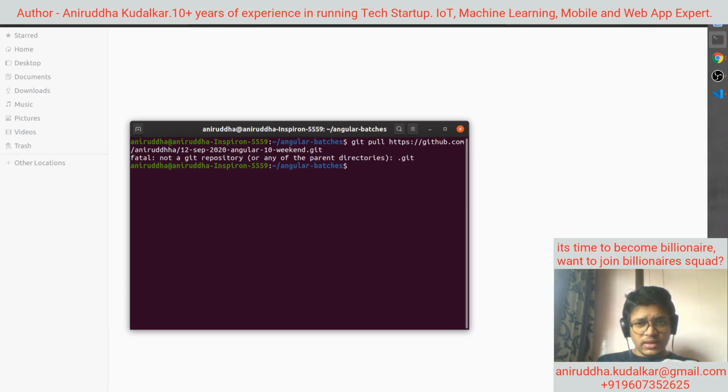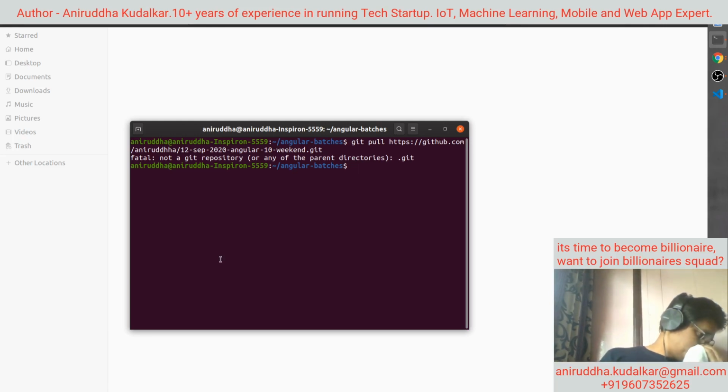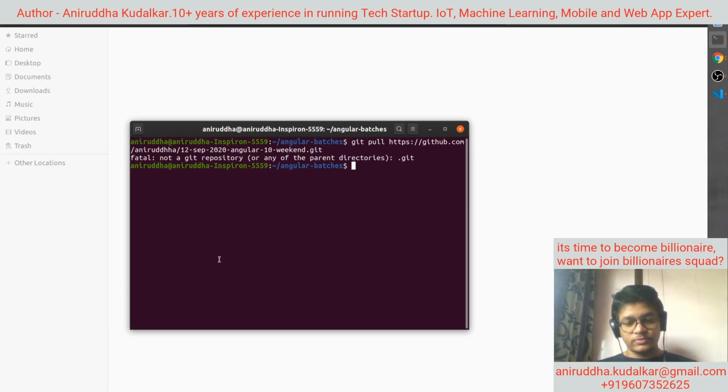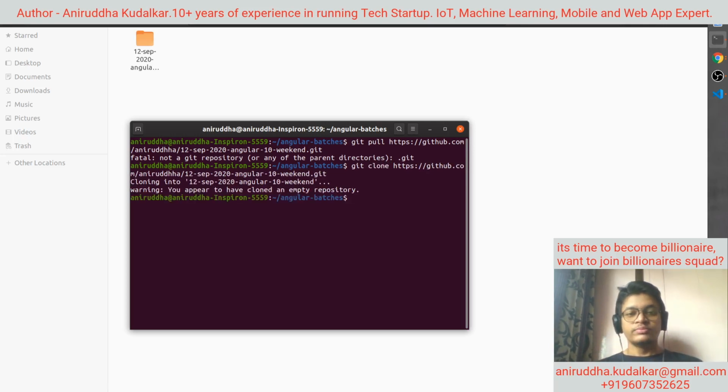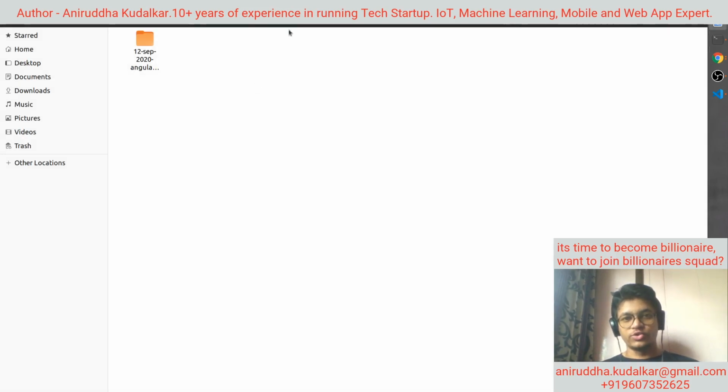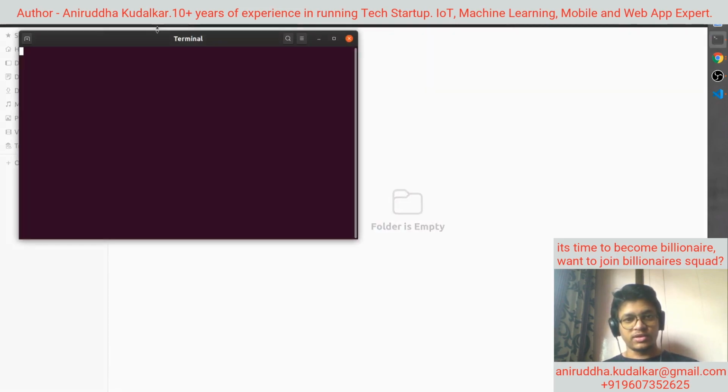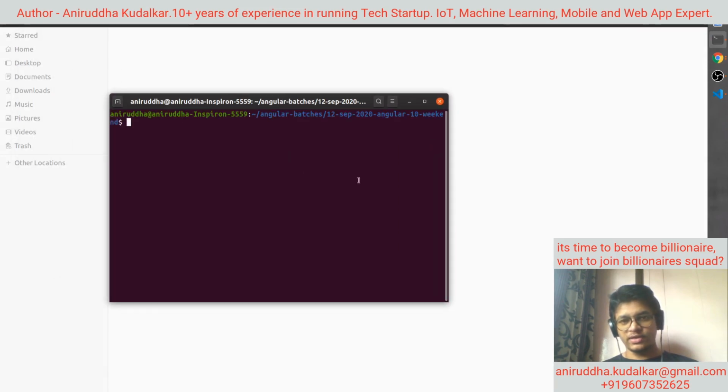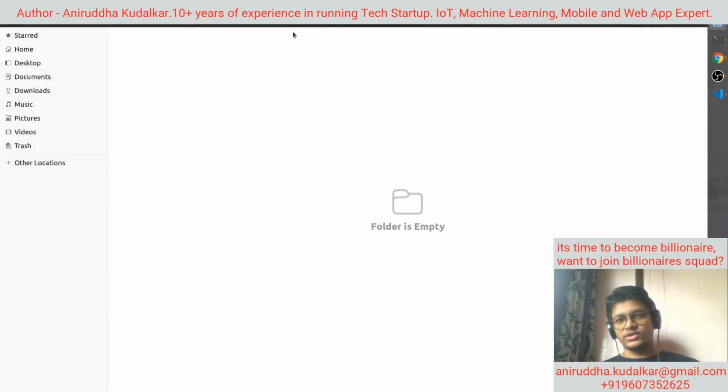What's that? It is git clone, sorry, git clone. So we have the repository, and here you can open the terminal now, right? And here we will create the project.